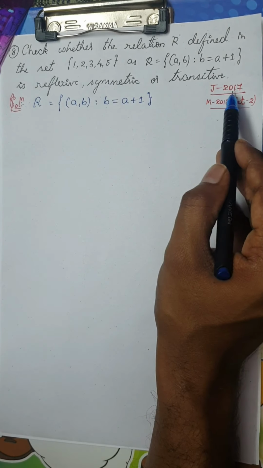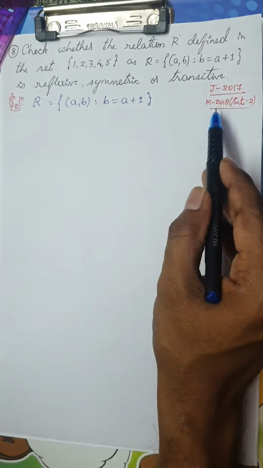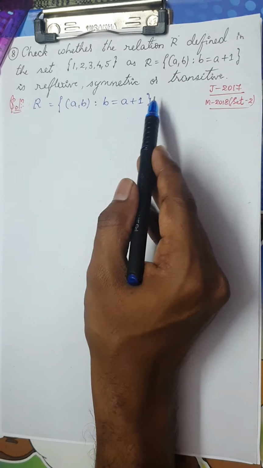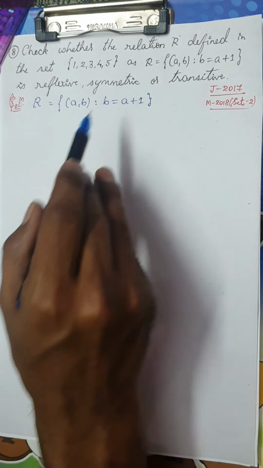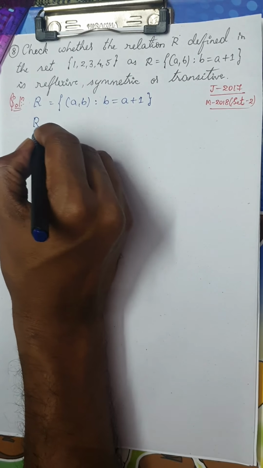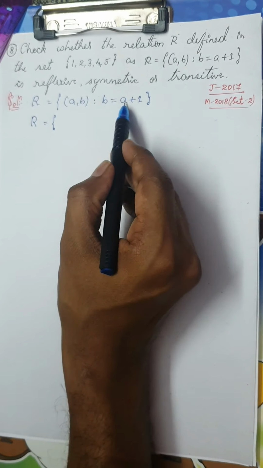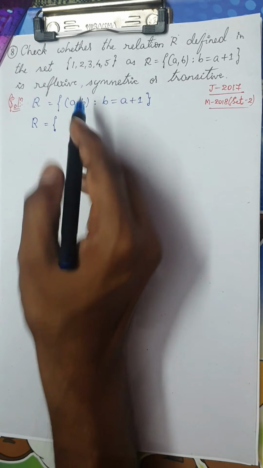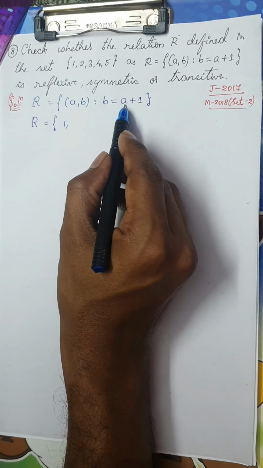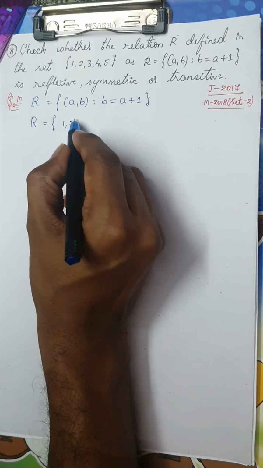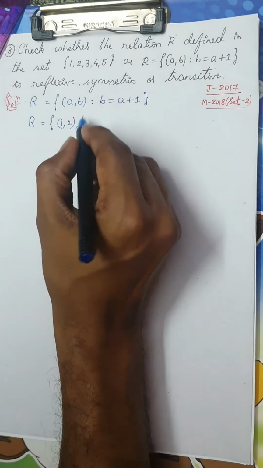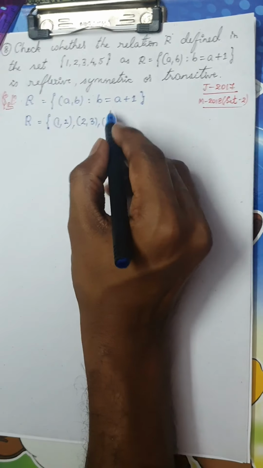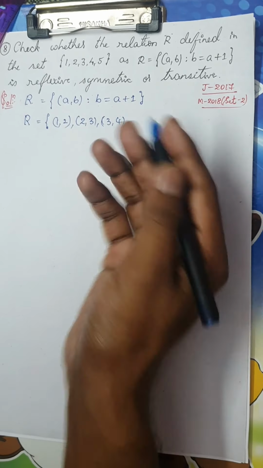Now this was already asked in July 2017 and it was also asked in the March 2018 second set question paper. So this is a very, very simple question because you can write the relation for this. Let us write the relation. This is one of the easiest questions. Let us start using the elements 1, 2, 3, 4, 5 for A. If A is equal to 1, then B would be 1 plus 1, so it is 2. If A is 2, B is 3. If A is 3, B is 1 more.